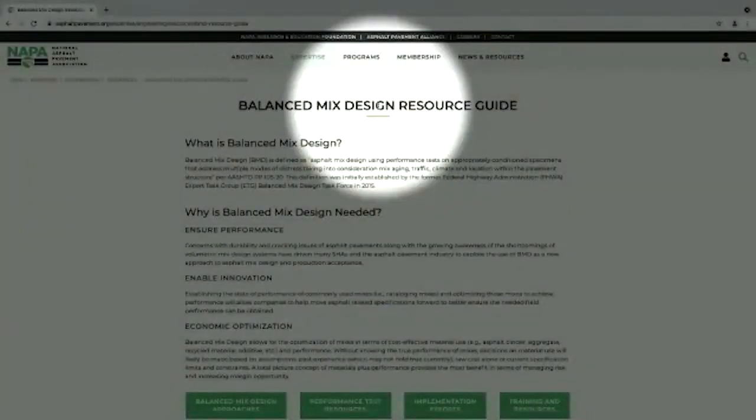Design Resource Guide. This is available on the NAPA website. I think we briefly talked about that yesterday. Okay, thank you guys. So as we mentioned before, this is live information, since we know